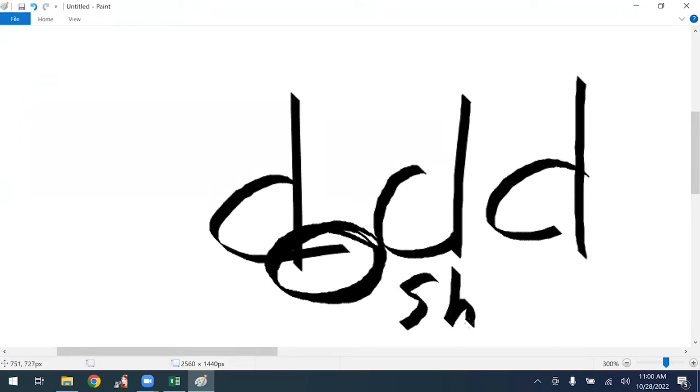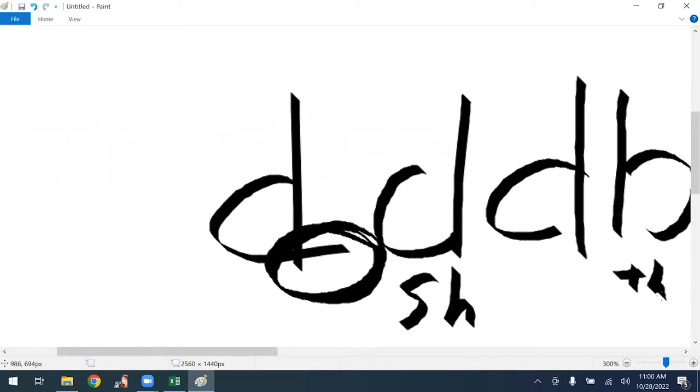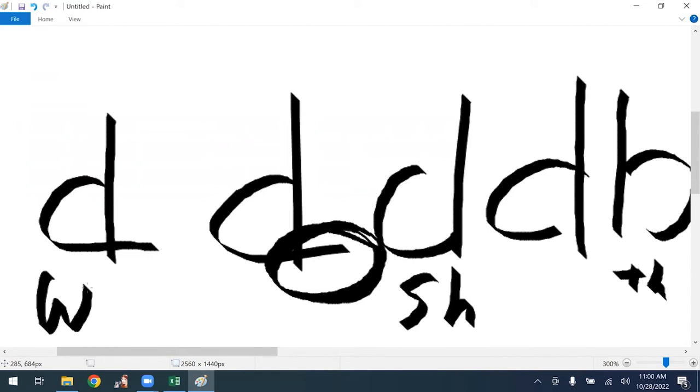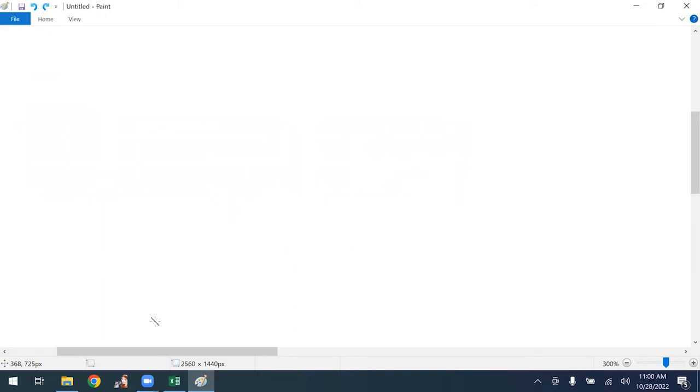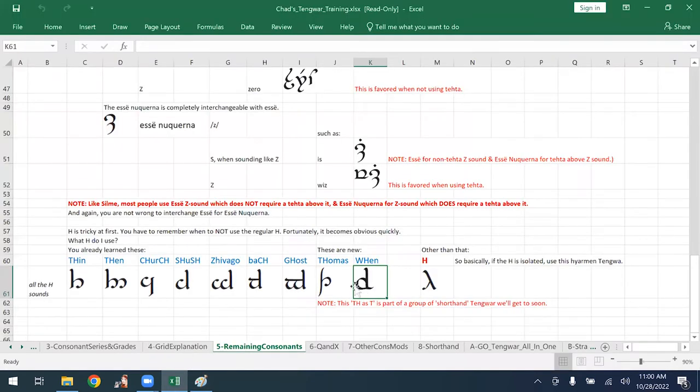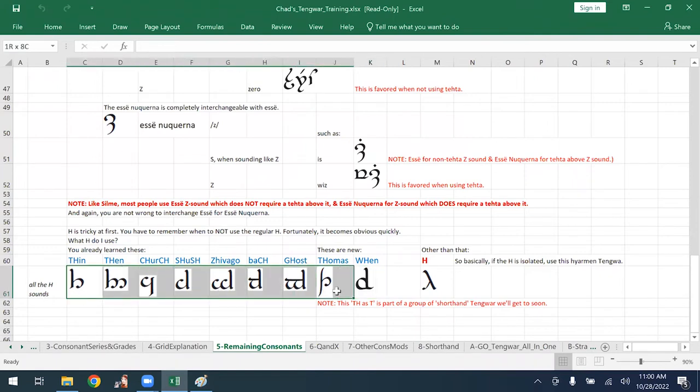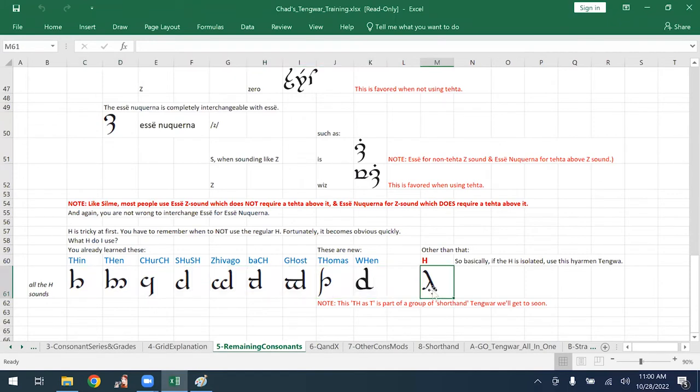This right here is nothing because this is actually this reversed. So that's actually a TH. But if you do this, then you know that's supposed to be a WH, right? I'm going through this pretty fast. You're not using those real often, but these are your two new ones. And then if none of these apply and you still have an H word, then you use this. So